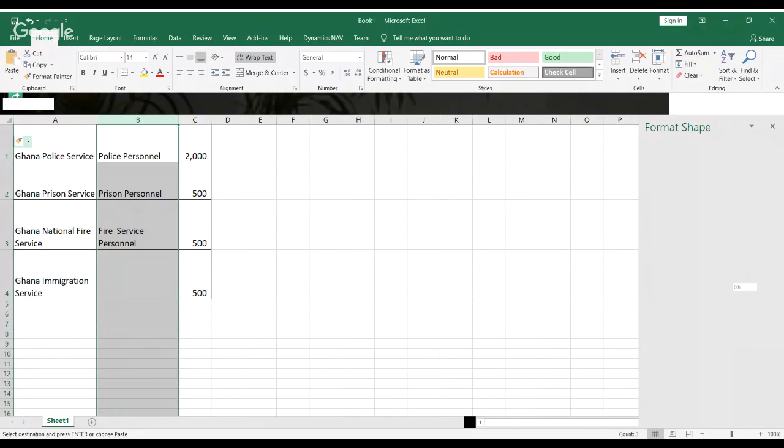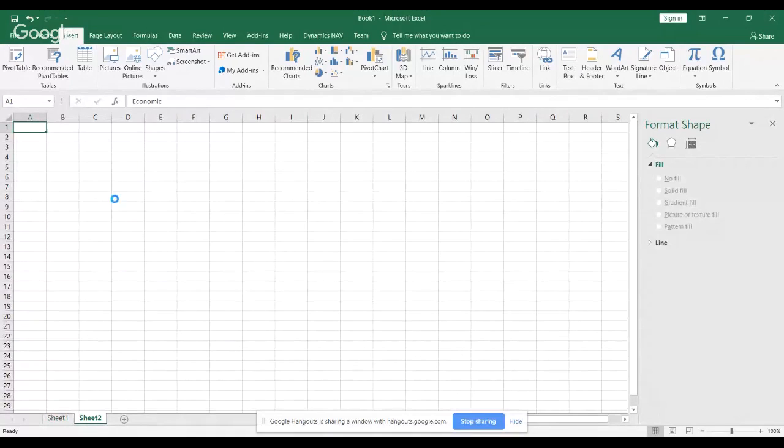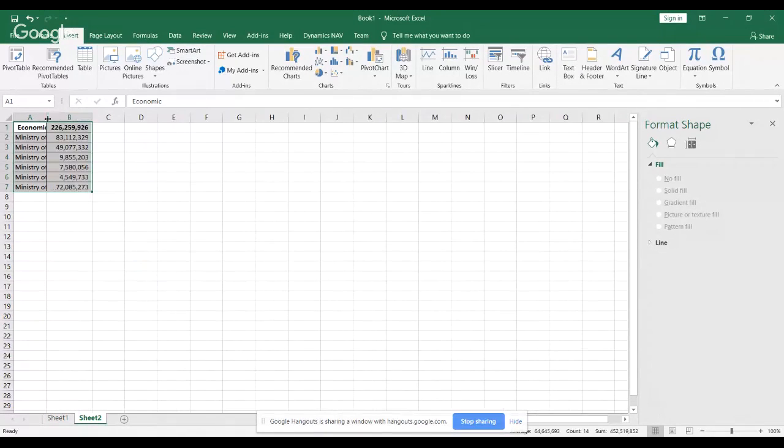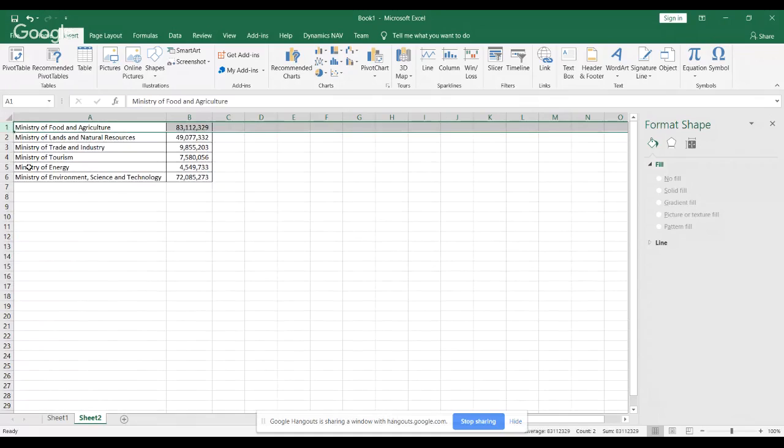So we can look at that now. So here, this is our data set. Okay, so the total is 256,259,926. Okay, so you're going to create pie charts. Pie charts are useful for cross-sectional visualization. So if you are viewing a snapshot of categories, so for instance, the data set I showed you,